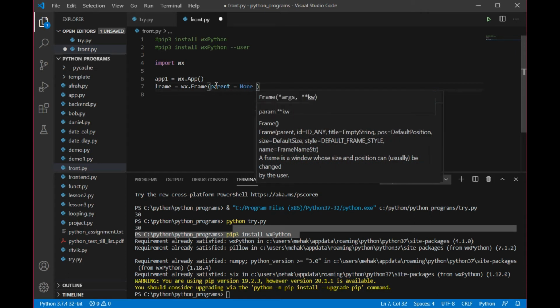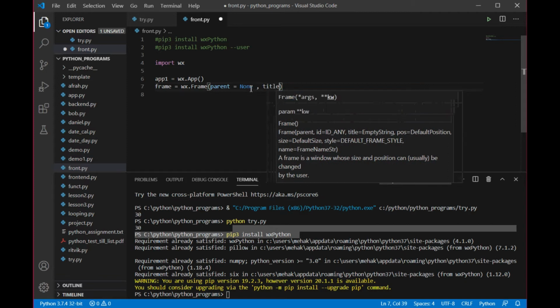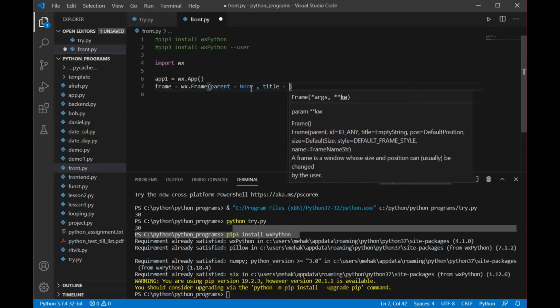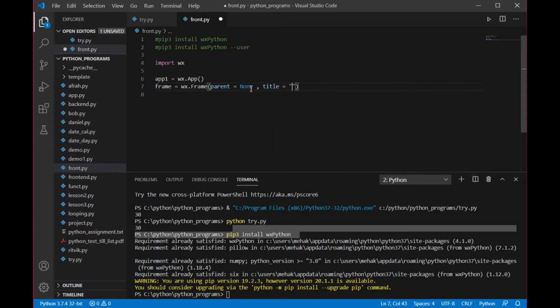Sometimes you have seen that we have multiple windows opened inside a window, that is known as parent child window. Here we are going to create one single window, so that is why I have written there is no parent of it, right? And title, let's say I'm going to give a title, desktop application demo, whatever title you want to give. This is the title that I'm going to give.